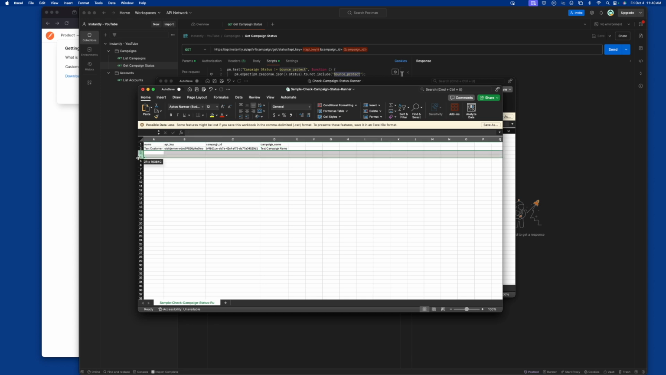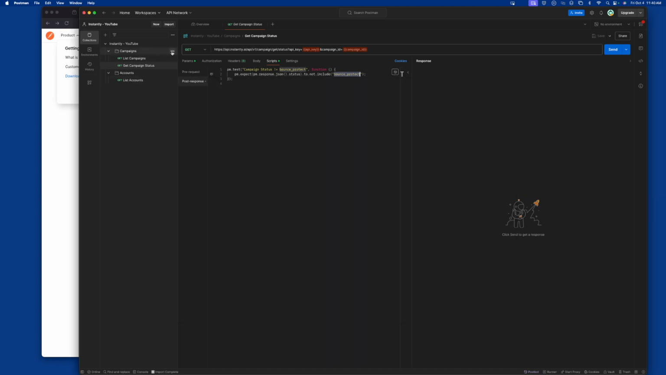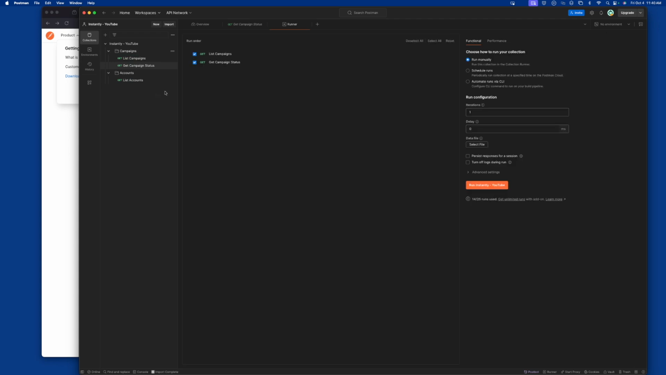Once you have that kind of file, you can come up to Postman, click on the three dots, and click on Run Folder. I'm going to do Get Campaign Status, so I'm going to uncheck List Campaigns. I'm going to leave this selected as Run Manually. Right now, it's saying that this is going to make that Get Campaign Status API call only once. But when I upload my file, and I'm going to use a real file,